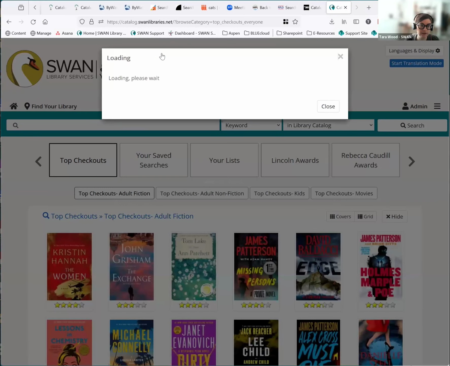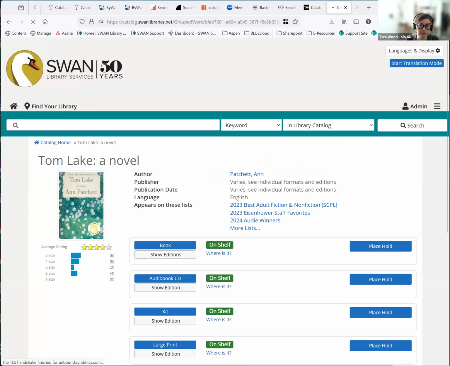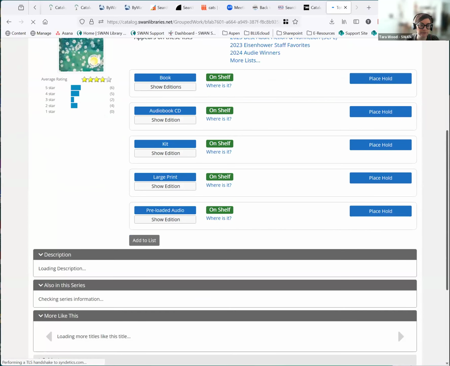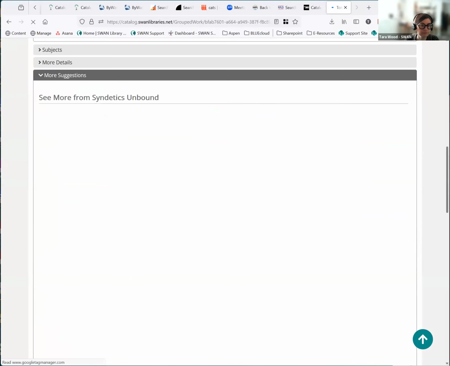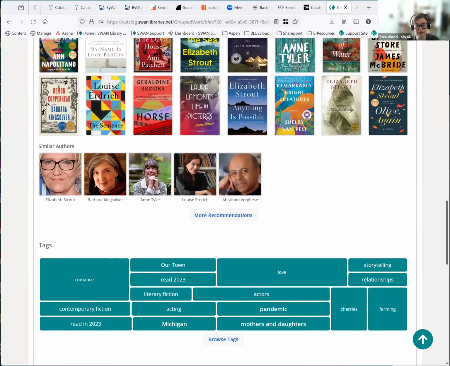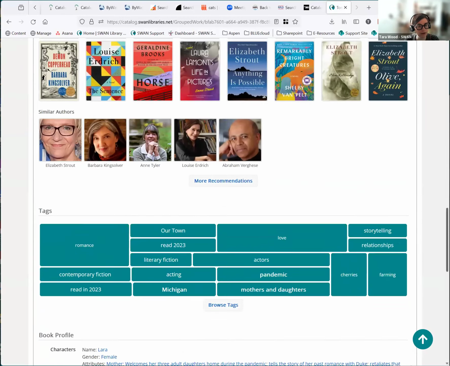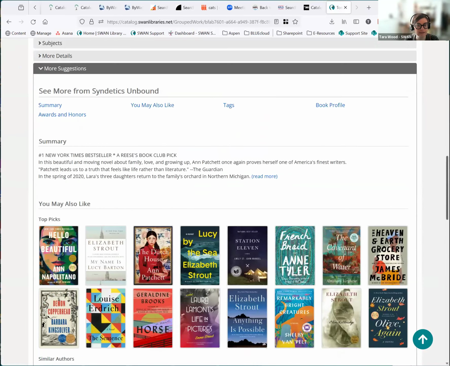So here's what they look like in the catalog. And I think where we need to go next is to